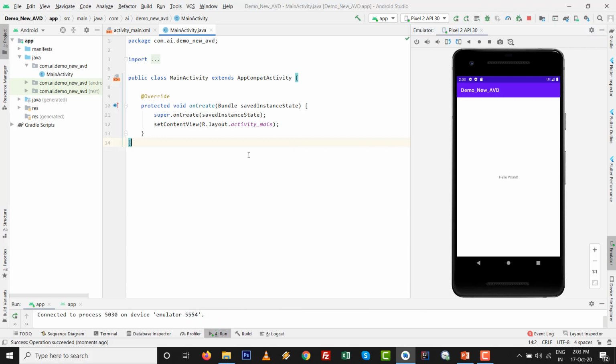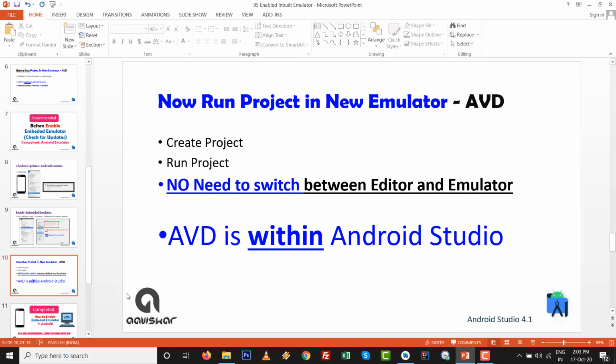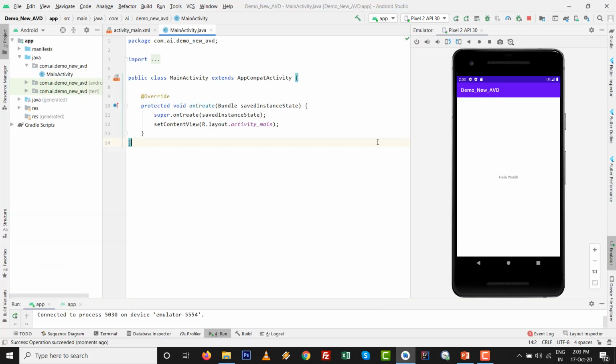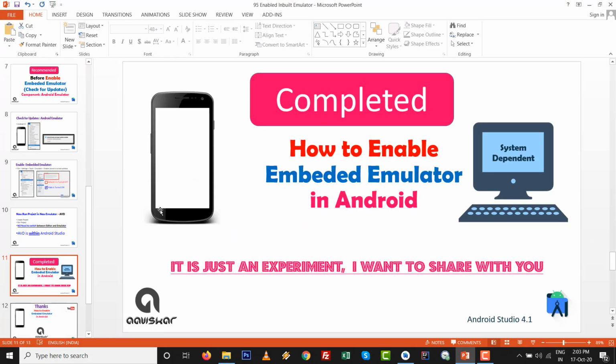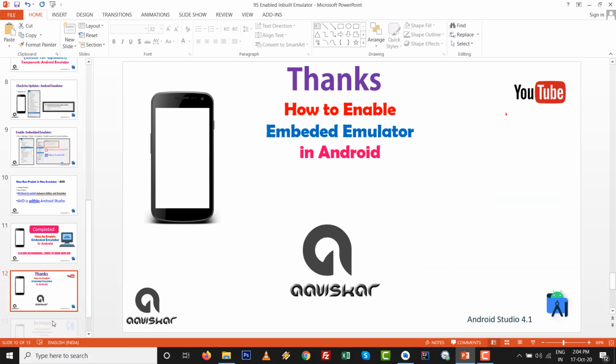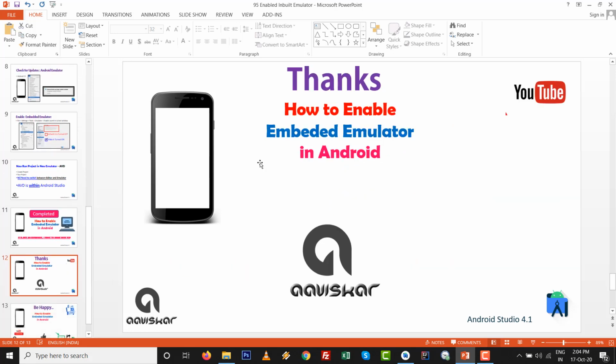So I think you love this one. The embedded emulator within Android Studio, and many other things we have to cover with this one and try to resolve. So it is a new thing, a new way to run a project, showing how to enable the embedded emulator. It's just an experiment I want to share with you, but keep in mind that it is system dependent. My system is Core i7 with 16 GB of RAM and an SSD hard disk. So maybe you have to set it up with some different things, but thanks for watching how to enable the embedded emulator in Android Studio